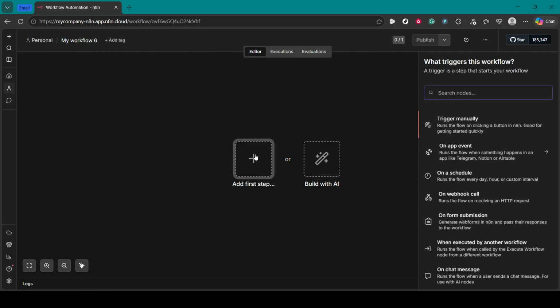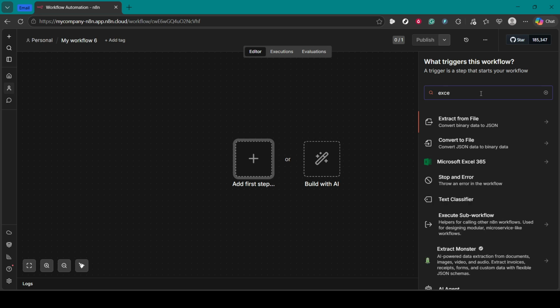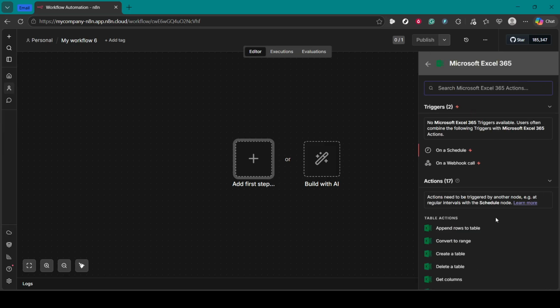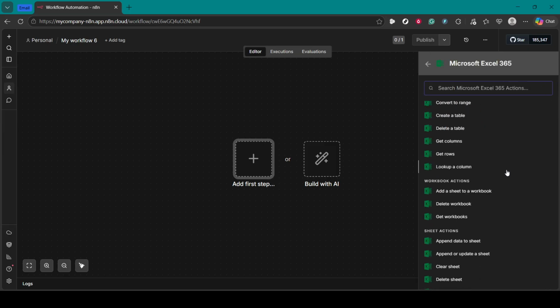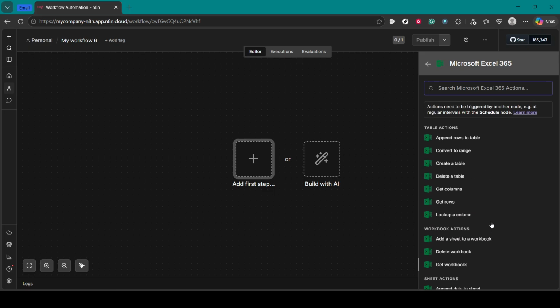Now, start by adding the Microsoft Excel node and choose the operation to create an Excel sheet. Depending on your use case, this could be creating a new workbook or adding a worksheet to an existing file. When you select the operation, n8n will prompt you to set up credentials. Click Create Credential. Credentials in n8n are securely stored and reused across workflows, so you only need to connect once